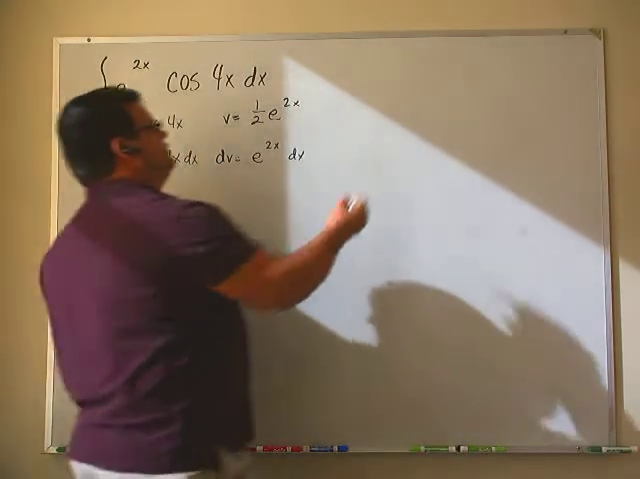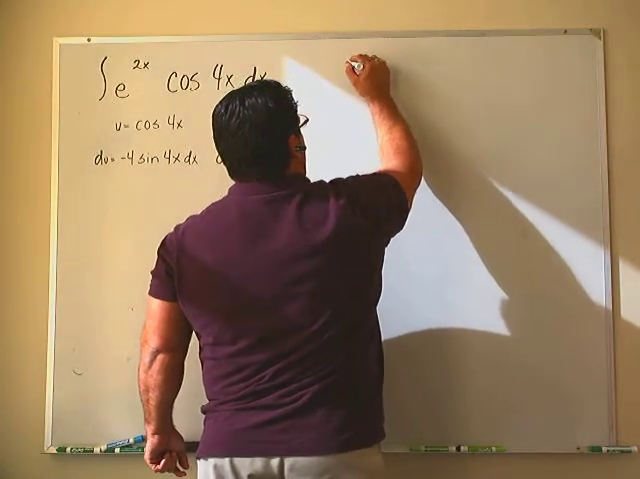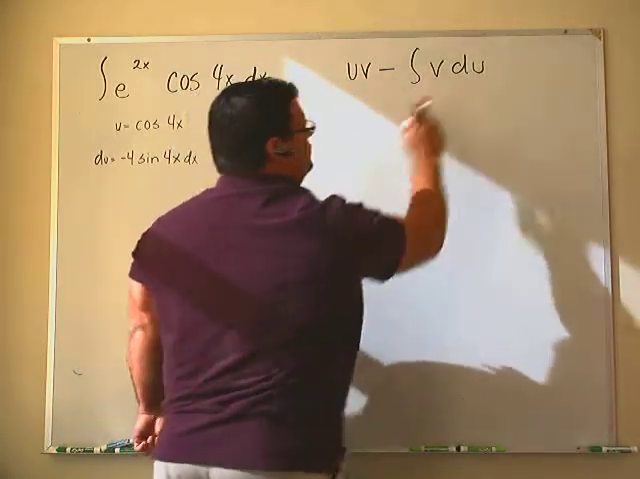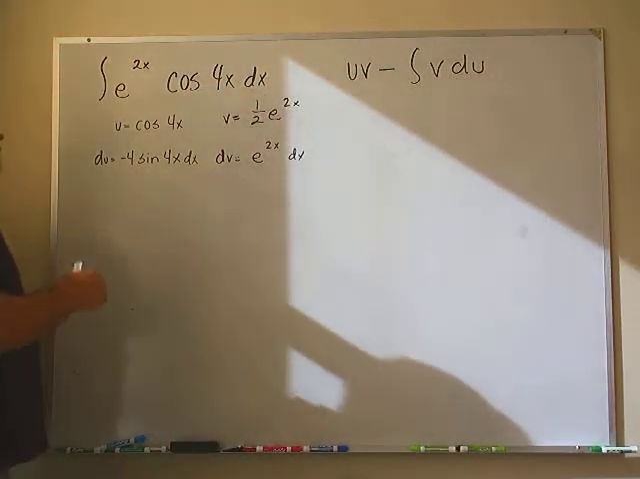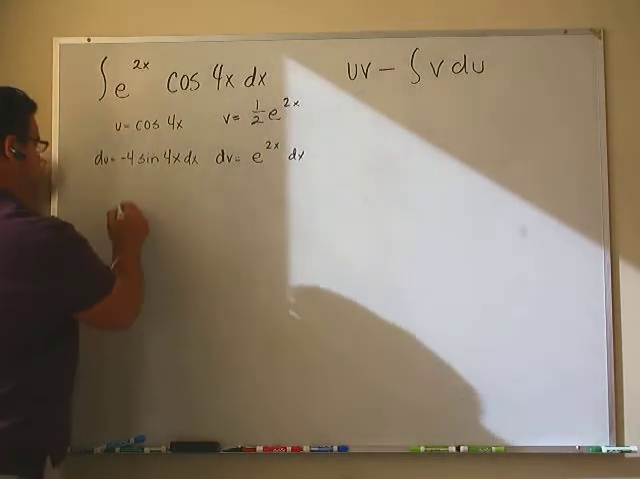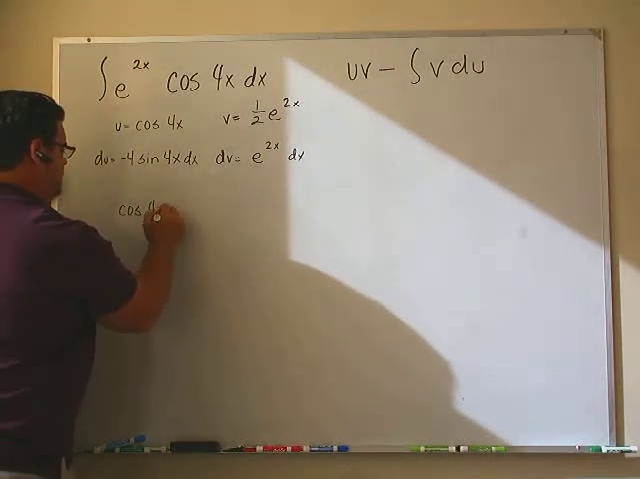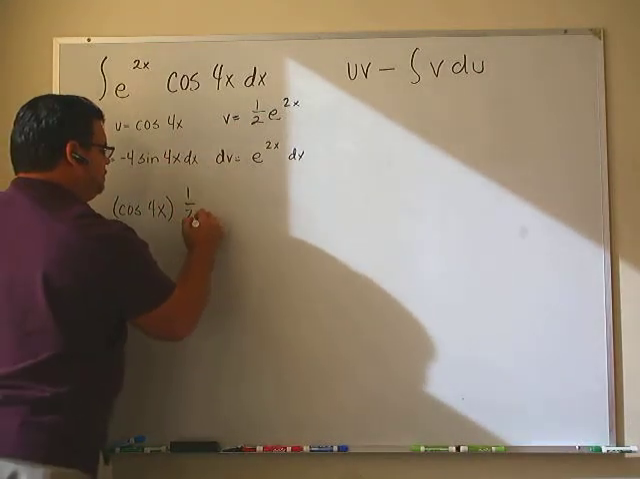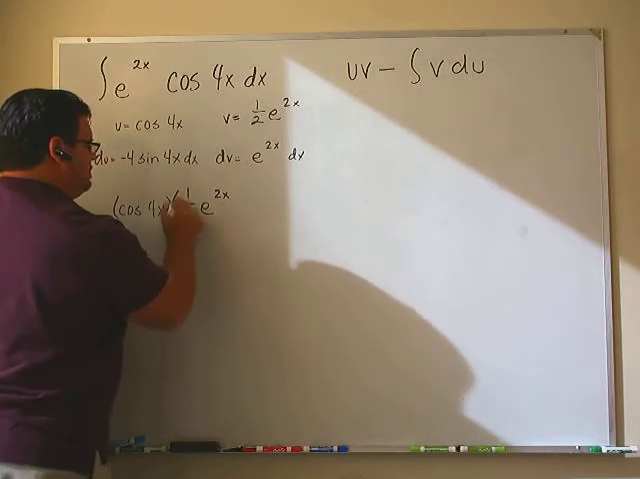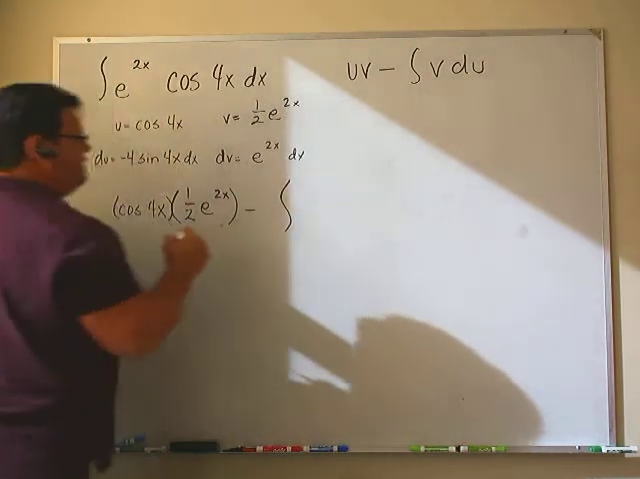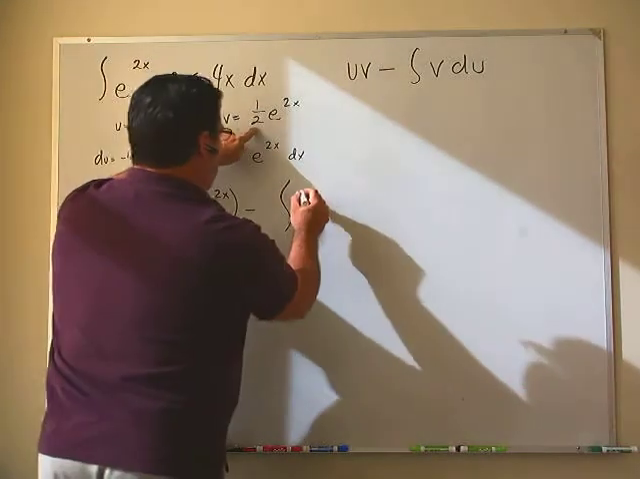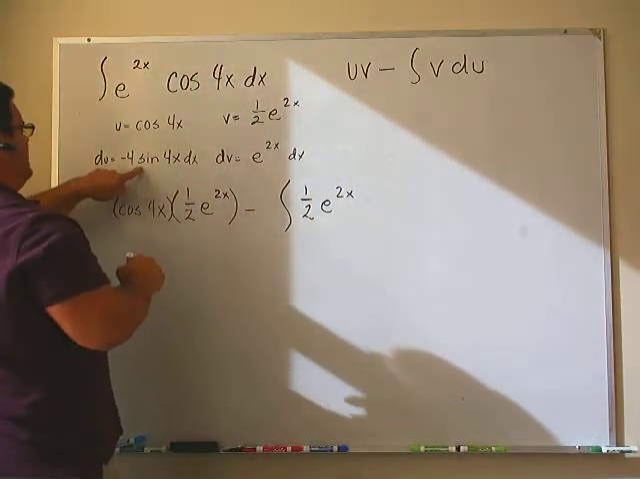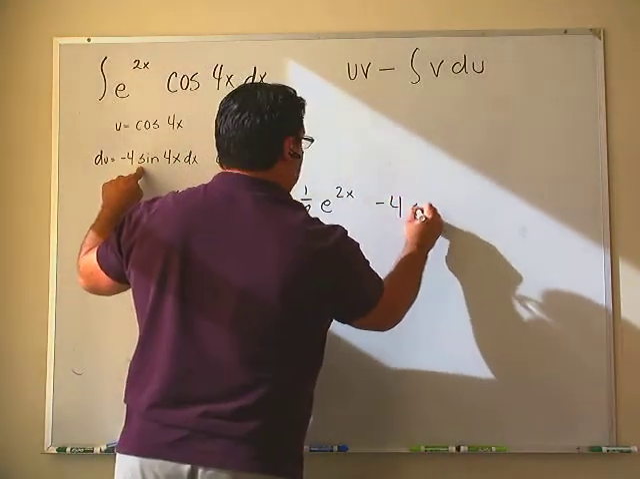So, ultraviolet minus voodoo, which is right here, uv minus. I say ultraviolet minus voodoo, hope you remember. We'll plug and chug. Our u is cosine of 4x times our v is 1/2 e to the 2x minus the antiderivative of v, which is 1/2 e to the 2x du, which is negative 4